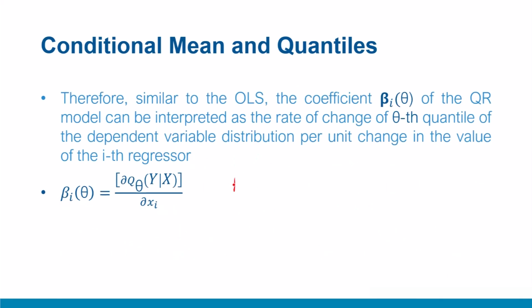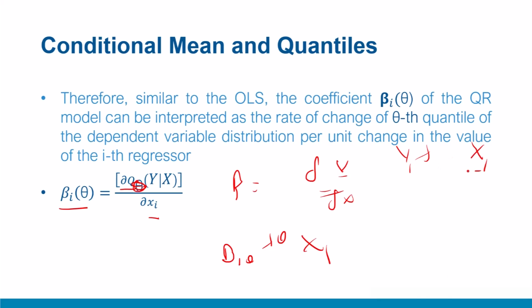So, for example, in regression, we said beta is partial del y by del x. Similarly, here also beta is nothing but the partial differential of y with respect to xi for each quantile. So it is specific to quantile. When you get a particular estimate, say beta 1 theta for a quantile theta for variable x1, the relationship between y1 and x1 at quantile theta is governed by beta 1 theta. So you would say that the partial differential of y1 in a given specific quantile theta with respect to x1 is beta 1 theta.